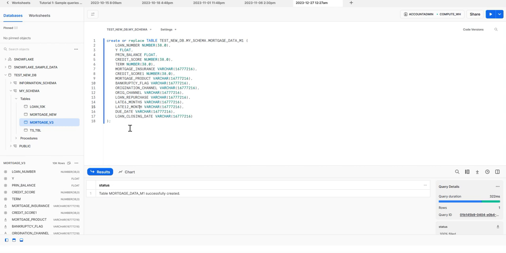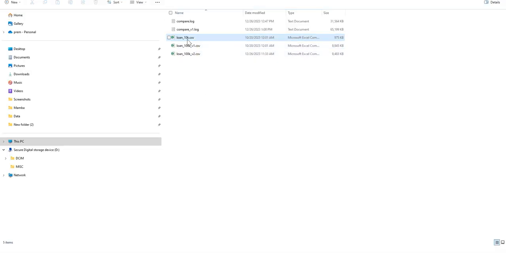I have gone ahead and put that information as to the table that I'm looking to copy. If you've seen other tutorials, I've actually showed you my table. I will go ahead and do that again right now. The file that I'm trying to load is called loan_10k. It's a mortgage file. As I mentioned in my previous tutorial, it has information about your loan information, your bankruptcy,